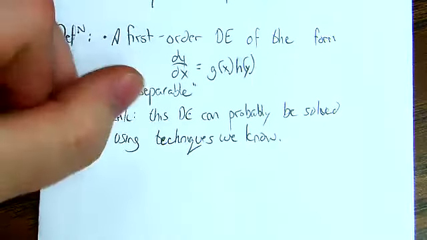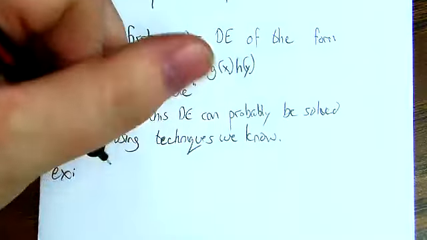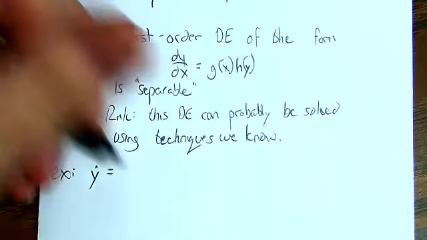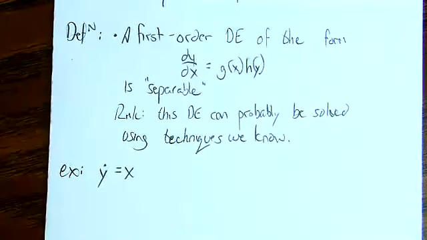So let's look at a couple. If I tell you that dy dx is equal to x, we saw the slope field corresponding to this in a previous lecture. If I give you this as a differential equation,